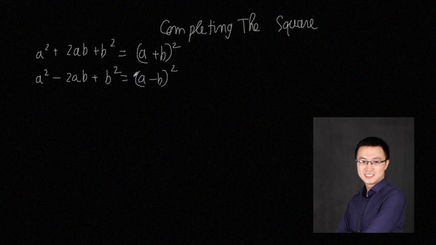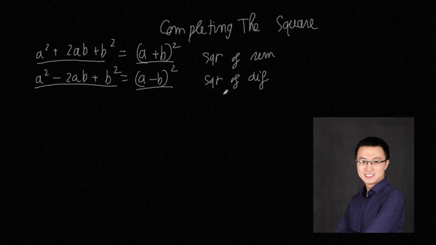As you know, the left hand side of this equation has a larger expression, while the right hand side is just the square of a sum or the square of a difference. So in exercises we change from the left hand side to the right hand side. For example, I have the